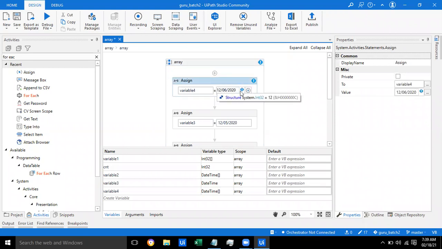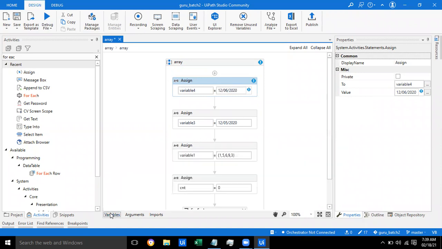Yes, so it's wrong right here. This is not a single data type, right? This is an array. So how can you declare an array? See the previous assign activities. Scroll down. Here is how we declare the array. Variable 1 will be the array of integers. How did I declare the array of integers? Curly brackets. Just use those curly brackets there.